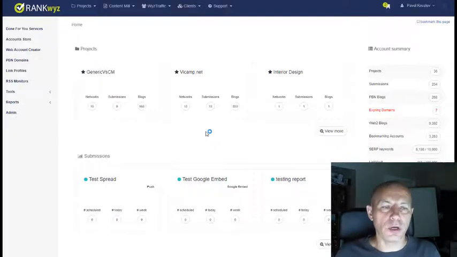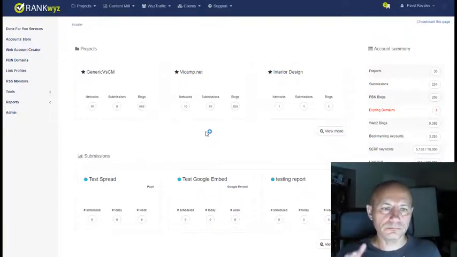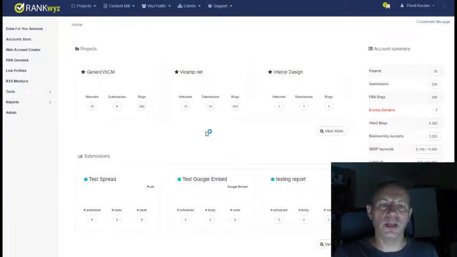Now with RankWyz, you set up your project, you add all of your properties, website, PBN, LinkVault, and the system tracks ranking. You already have the WyzTraffic search and click campaign. So as soon as the system sees the ranking, it will start sending it for the simulation: search, find the site, click through, stay on the page, and eventually go to the site that's linking up to the money site.